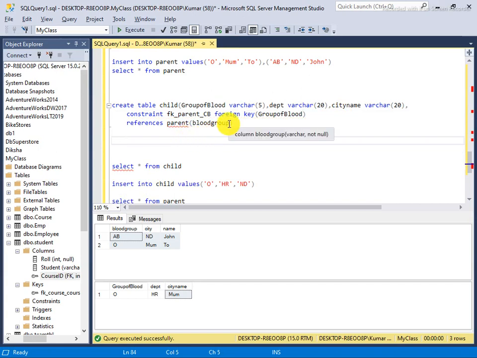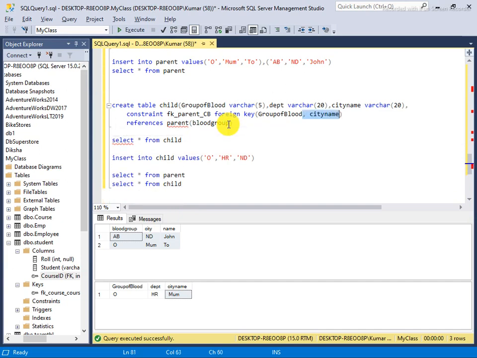No, so the way you are asking, it's not possible. You want to say it this way, right? No, it will not work.